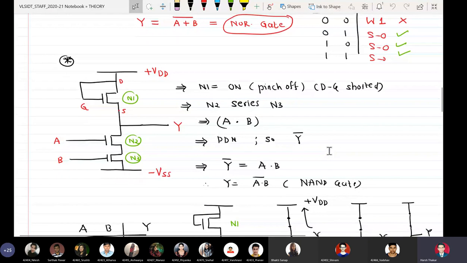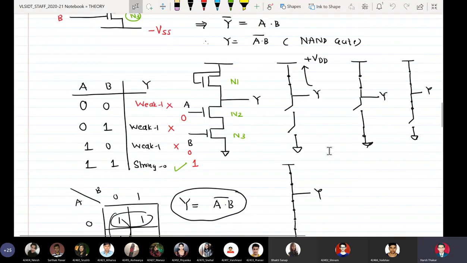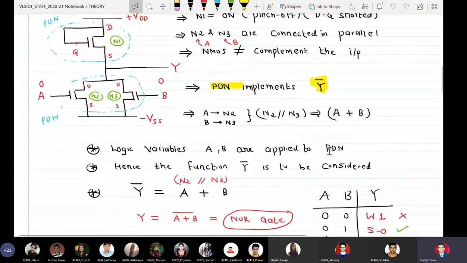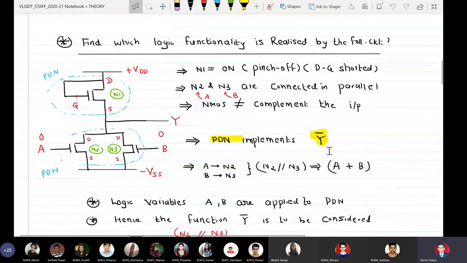Similarly, when we realized an NMOS NAND gate, after analysis we found that there is only one combination for which we get acceptable output. We get a strong 0 for 1 1 while we get weak 1s for the other three. That means we concluded again that there is no point implementing NAND gate or NOR gate using NMOS logic, or similarly there is no point implementing NAND and NOR gates using PMOS logic, because in both these logics we get either a weak 1 or a weak 0.